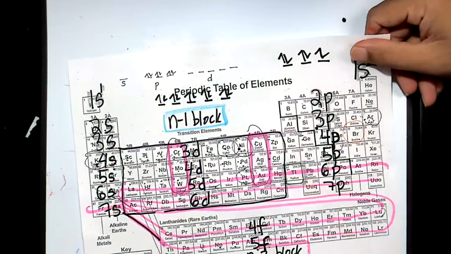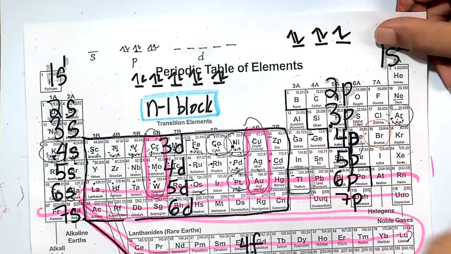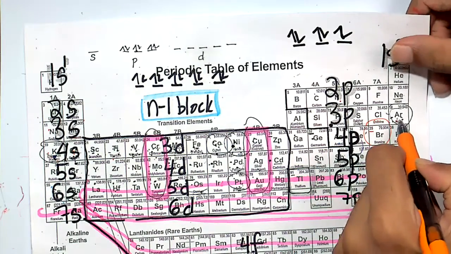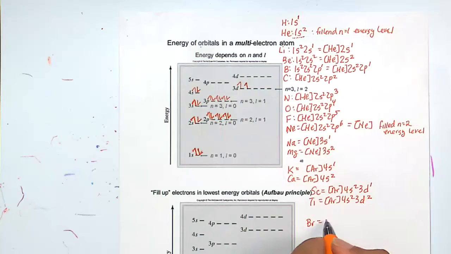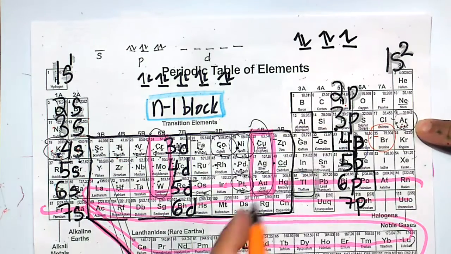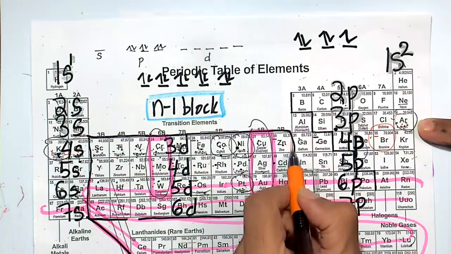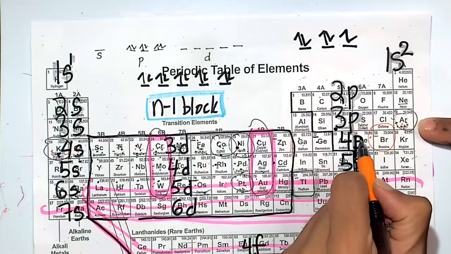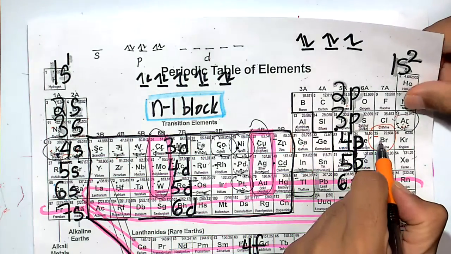How about bromine? What's the electron configuration of bromine? Okay, we got 35 electrons. So 18 are going to fill up to the argon shell. Okay, argon. And then what? Where will they fill? 4s2, 3d10, 4p1, 4p2, 4p3, 4p4, 4p5. So the electron configuration of bromine is going to be argon